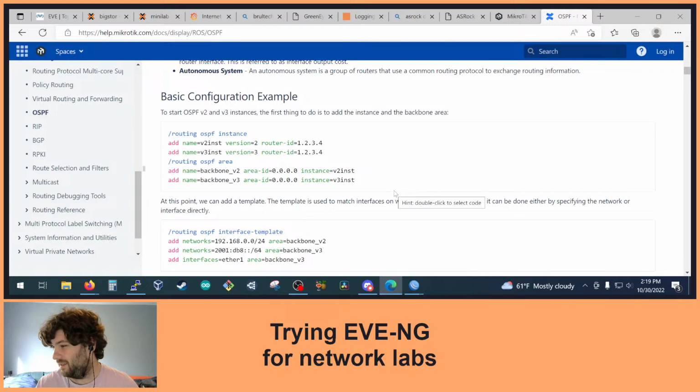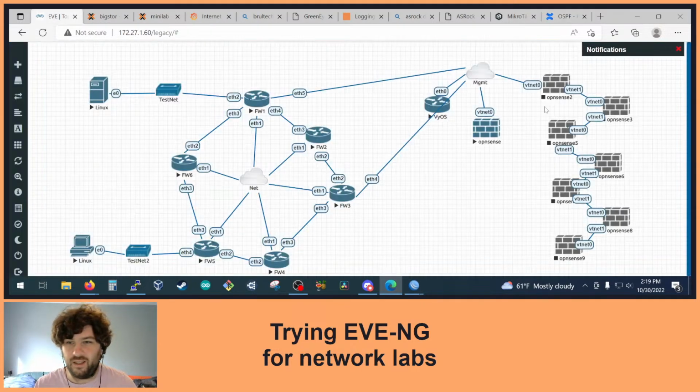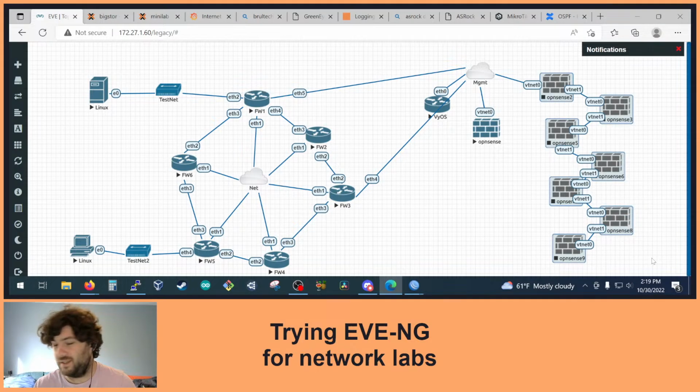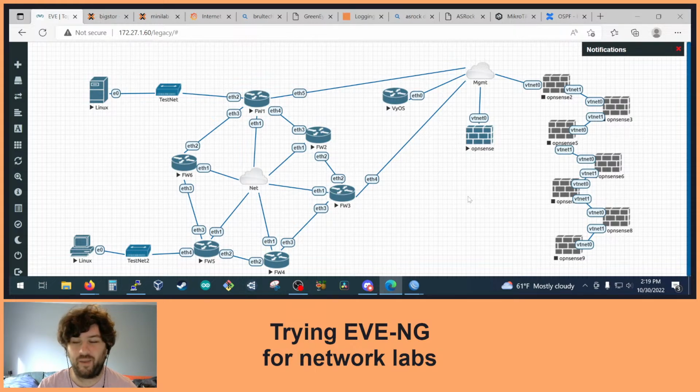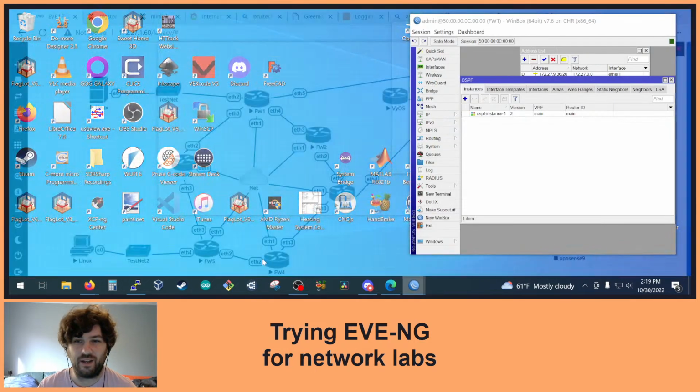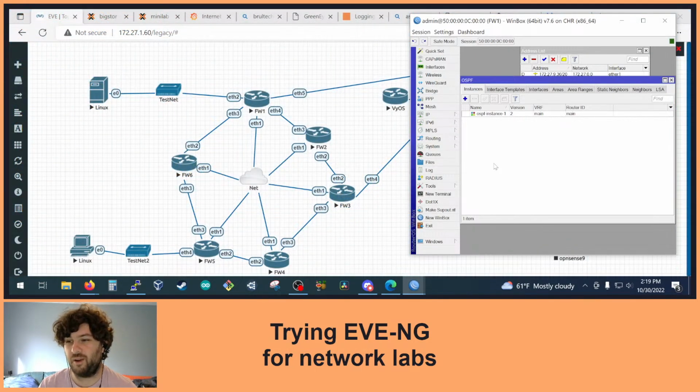Hello. Before you leave for work, we initially started with EVE-NG. We made the 7 layers of hell with OPNsense. I tried to learn VyOS and found that VyOS was hard, and went back to RouterOS. That's really been growing on me. I started with OPNsense at the beginning because OPNsense is what I know and love, and MikroTik really seems to work well. I'm wondering if I should switch my home network to run on my CRS 328 instead of